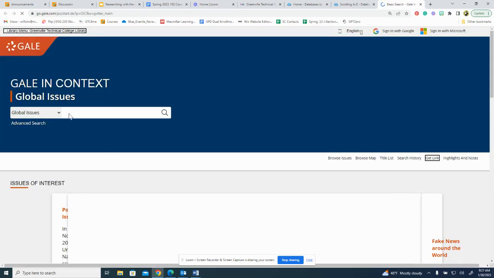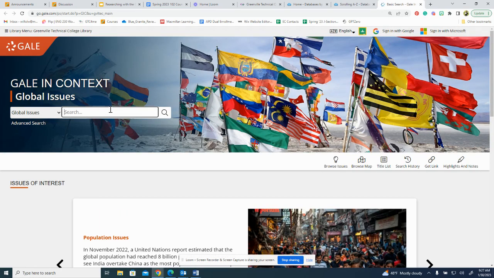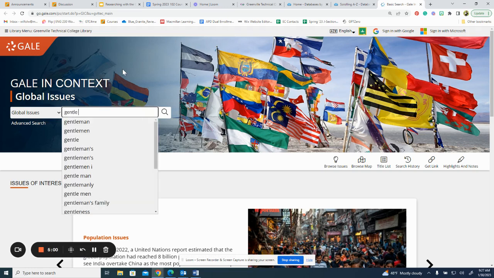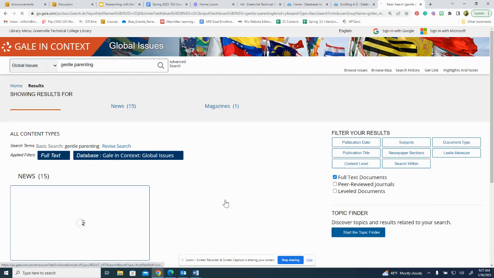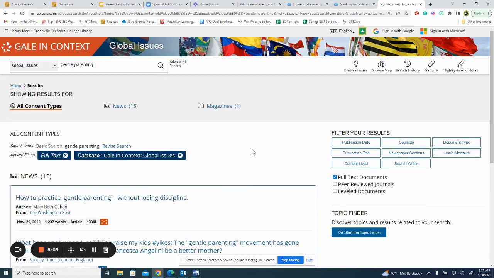And it's being really slow today because, oh, there it is. So not as fast as Google, but good things come to those who wait. So this, like it says, all things global issues. So I love to go here for anything controversy related because you'll get all kinds of interesting viewpoints on it. So like when we get to the make a prediction about future family and relationships, I just